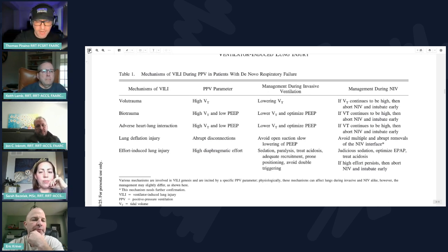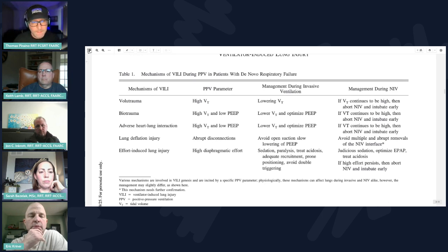I think the type of injury is going to be more common in one than the other, just by the nature of the fact that with NIV, there's always spontaneous effort. So the source of injury is most likely going to be related to effort, simply because if you think about the settings we apply on BiPAP, we are limited by the fact that the masks leak, right? So you can only go so high on pressure. And so you can say, oh, well, they're only on 10 centimeters of water of delta pressure, like if you had someone on 20 over 10, the driving pressure must be 10 or less. Well, that's not the case because of the patient's effort.